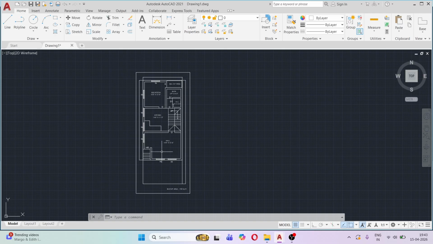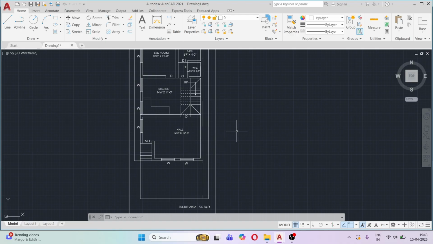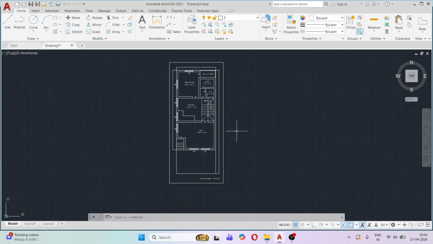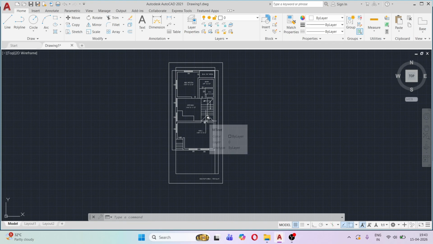In this video, I am going to start a new series on how to analyze and design a building in ETABS, right from the architectural drawing to how we can model it in ETABS, analyze it and design it. So all these things we are going to see. So the first step in RCC design